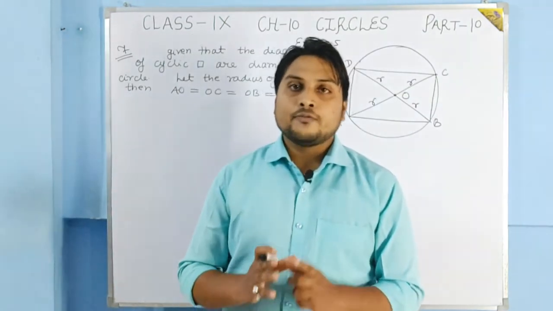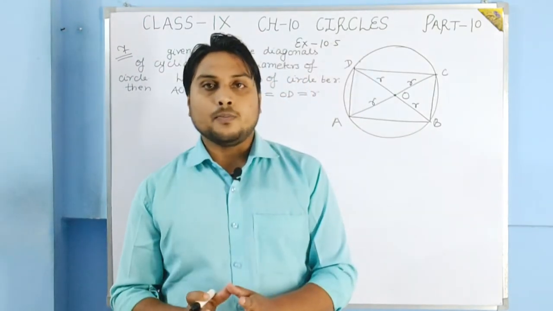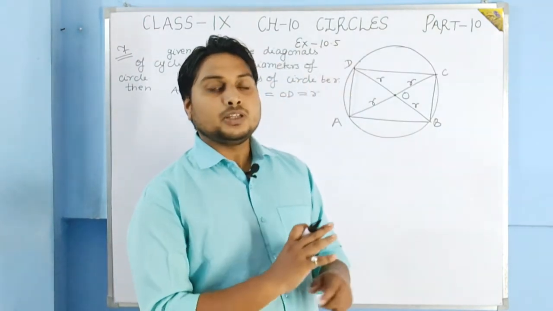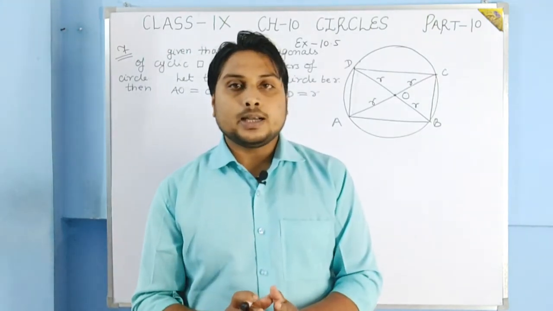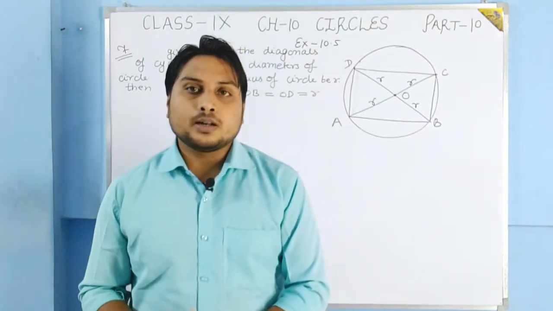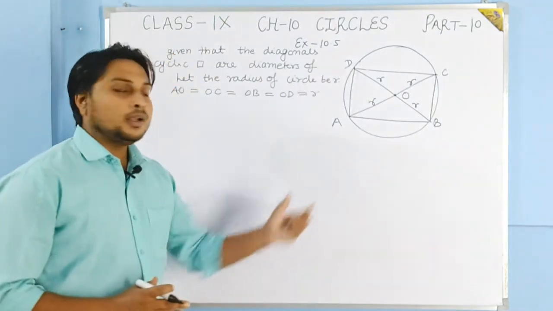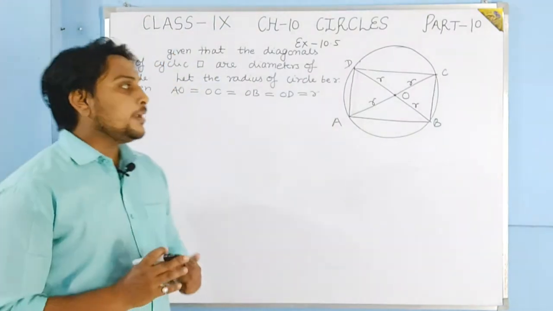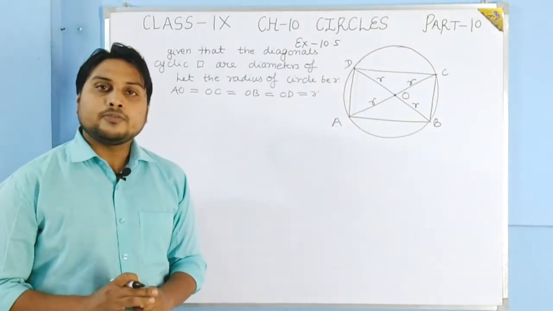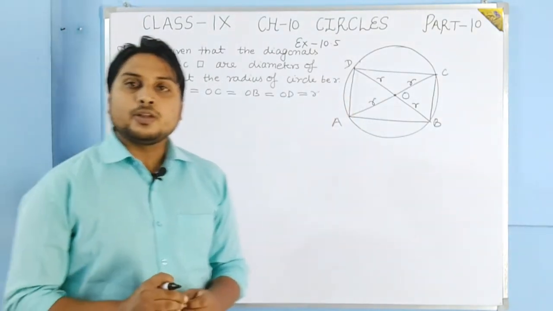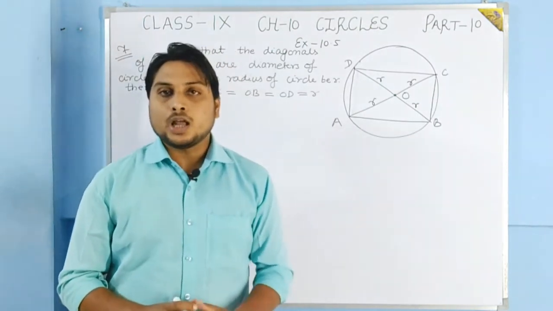We have followed, firstly we have shown that the quadrilateral is a parallelogram, and then we used to show that if one angle of that parallelogram is 90 degree, then that parallelogram is a rectangle. Okay, so step by step here we'll prove that it is a rectangle. The first aim is what? To show that ABCD is a parallelogram, and after that we will show that one angle of the parallelogram is 90 degree, and then we can easily say that it is a rectangle.